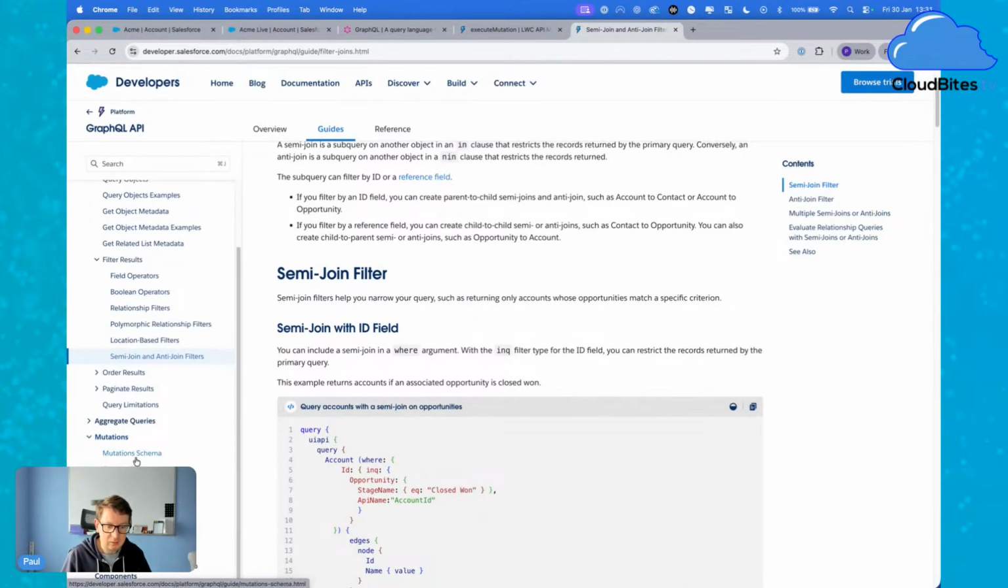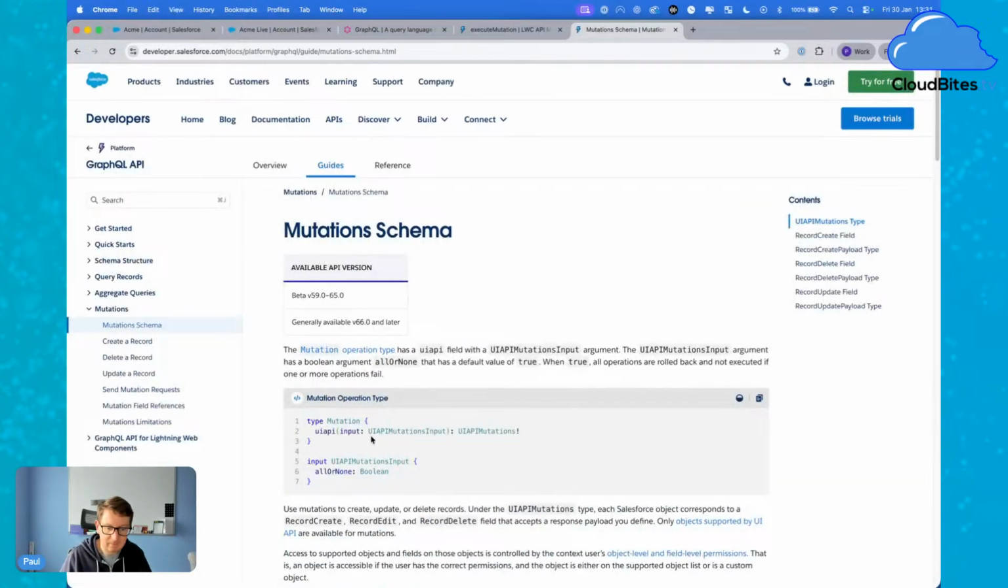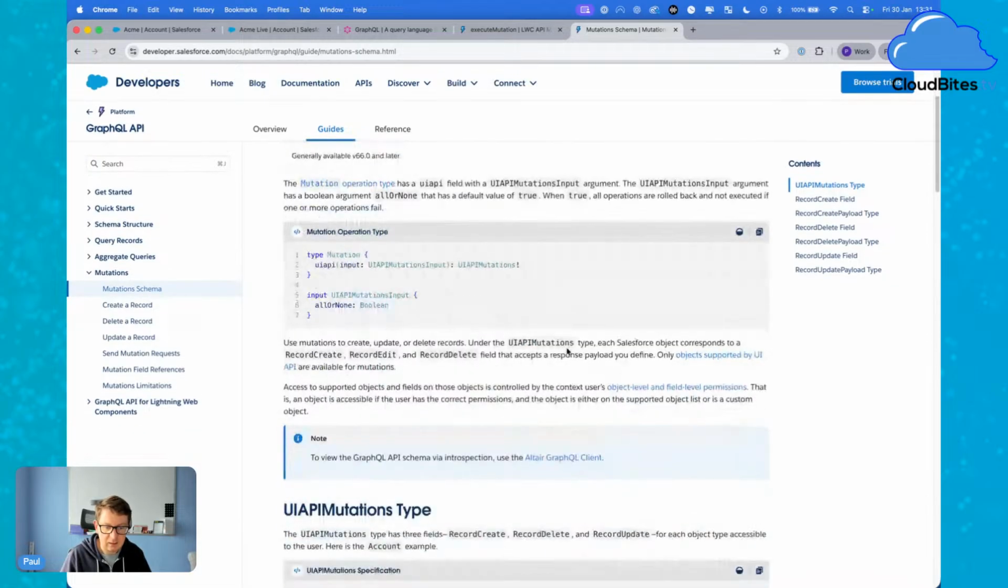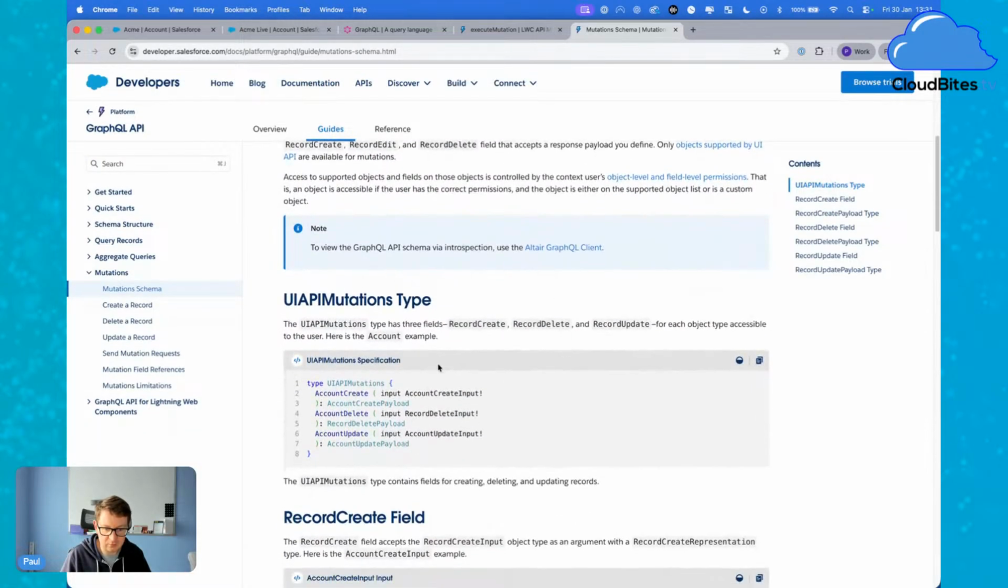So you can see here in the mutation schema that it has different UI, different input types, and different operation types. The UI API mutations type has 3 fields: record create, record delete, and record update for each object type accessible to the user. So for the account object, there is the UI API mutations, and then there is the account create type, which has an account create input type, and then you provide it a payload. If you don't use this pattern, and I'll show you what this pattern looks like in detail in a minute, you will get